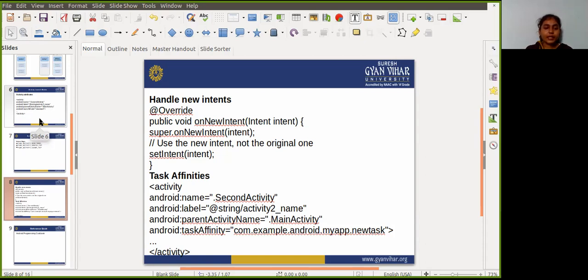So guys, we can say that activity C can be launched from a second app with an implicit intent, and the user runs the second app, which has its own task and its own back stack. That app uses an implicit intent to launch your activity C, and a new instance of C is created and placed on the back stack for the second app's task. So you still have your own task, your own back stack and your own instance of C.